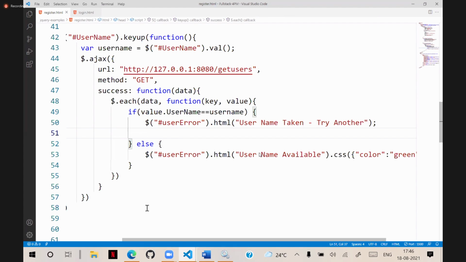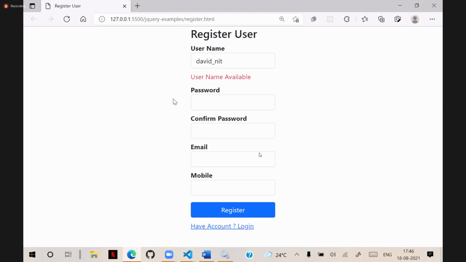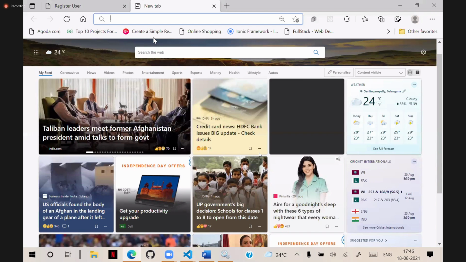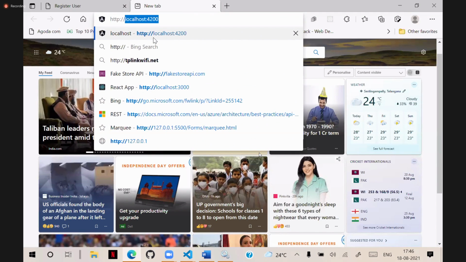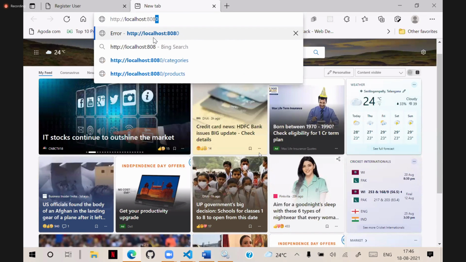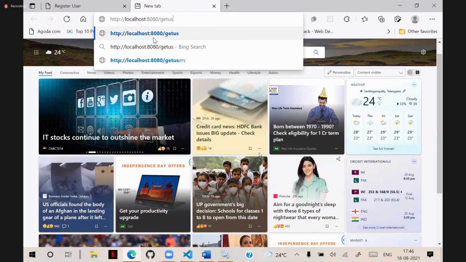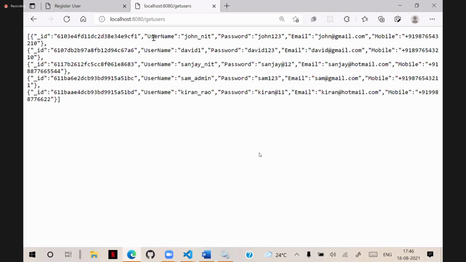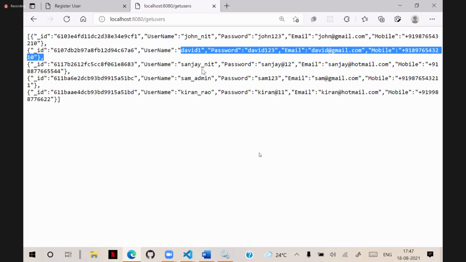Actually, is the users' data coming or not? First, we need to verify that. Available, so it is showing, but actually observe http://localhost:8080/getusers, and this is the username. You can see the username is available. It is showing correctly. There is no problem in that.